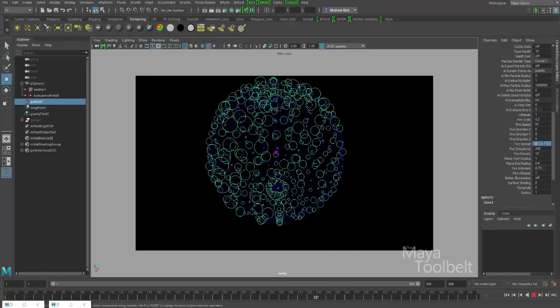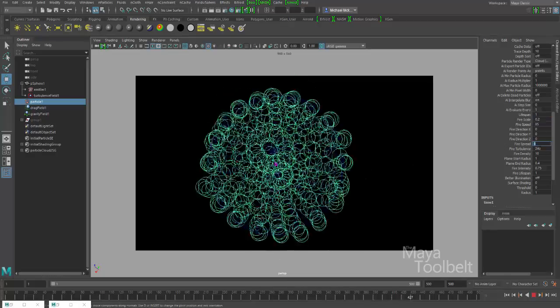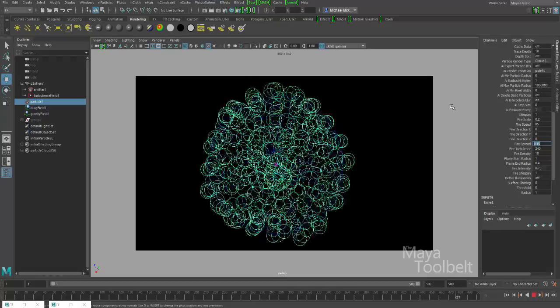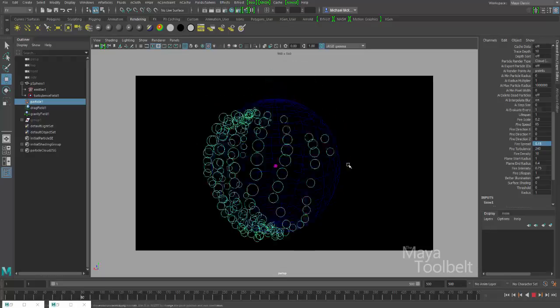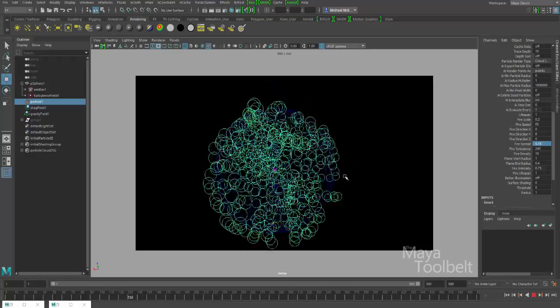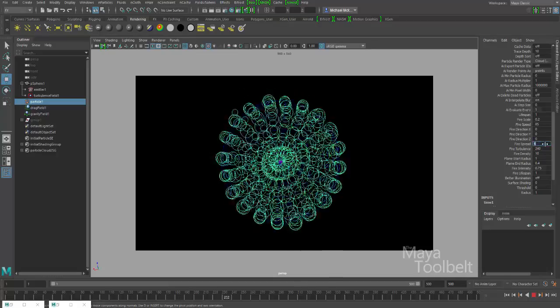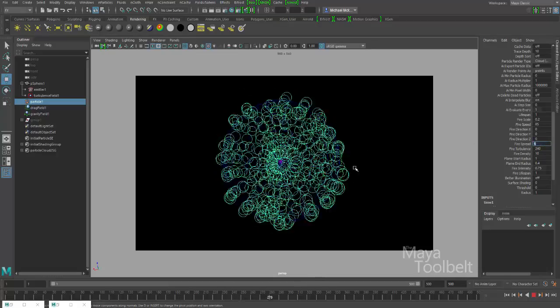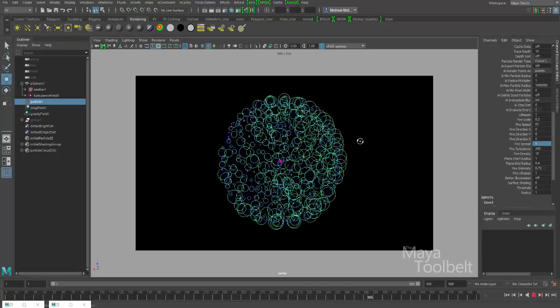Now our spread value is 0, which means they're not spreading at all. If we increase this spread value back up to 0.15, which is the default value, you can start to see them spread a little bit better. Again, it's hard to visualize this, I think. But if we increase that spread up to 1, for example, you can see them start to spread more because of the combination of scale and so on. This effect,